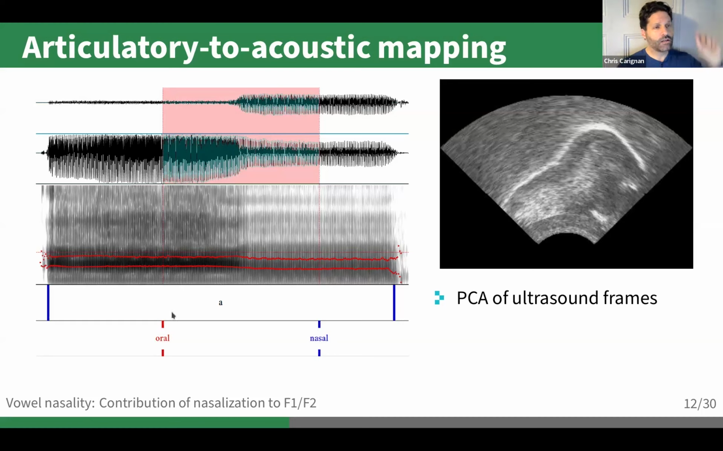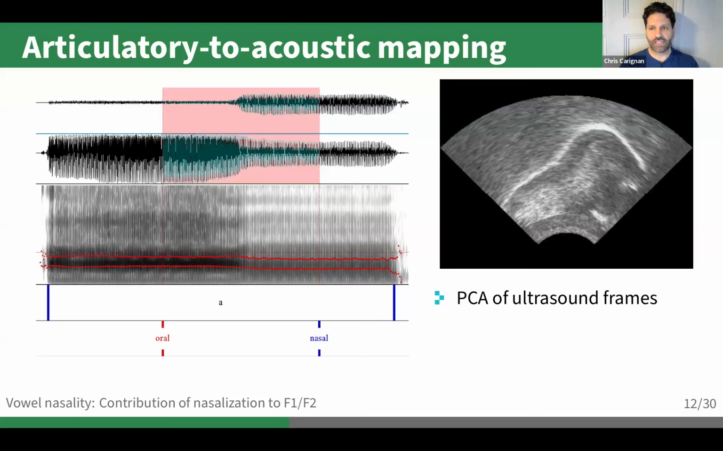So at the point where that ratio was the lowest, that is the most oral part of whatever this sustained vowel is. At the point where that ratio is the highest, that's the most nasal point. So I'm marking these for this token here. All of the ultrasound frames, so the tongue configuration within that span of time from the most oral to the most nasal, basically take all of those frames, put them into one big matrix, and then do a principal components